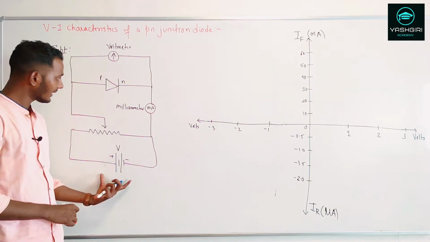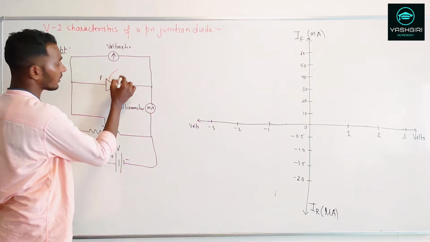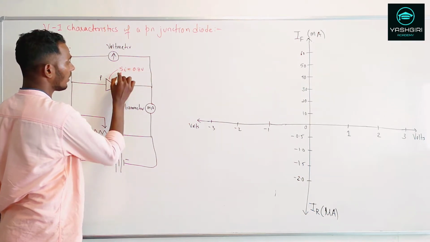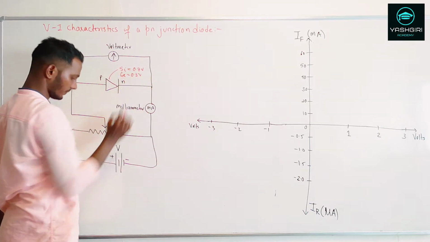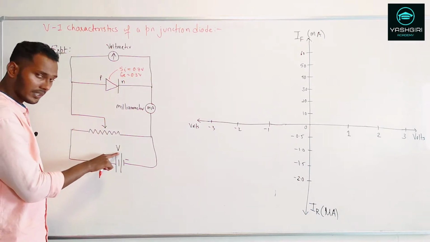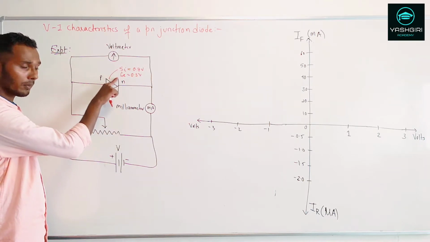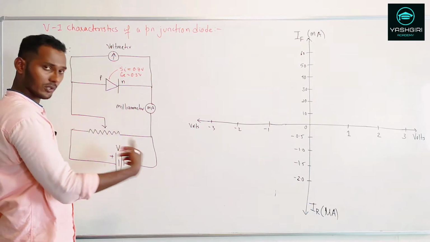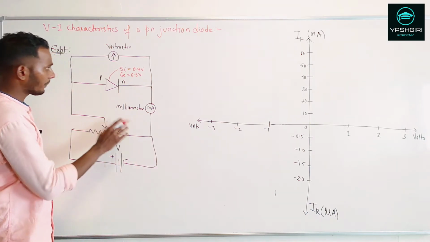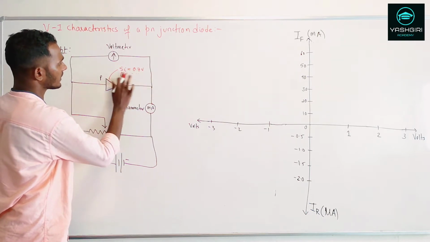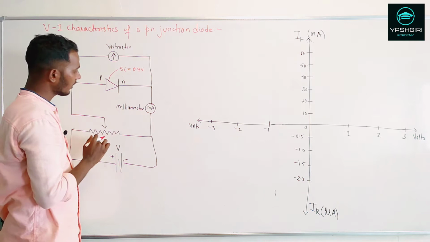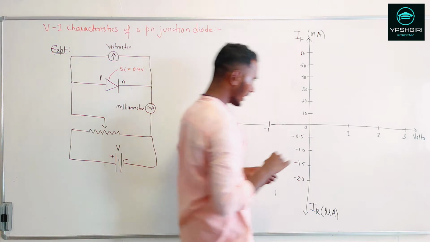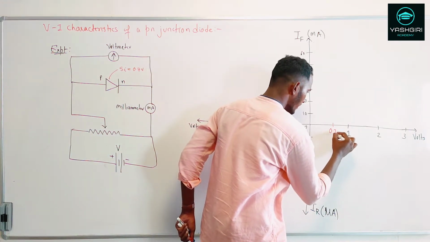Now let's work with silicon. For silicon, the barrier potential of this p-n junction is 0.7 volt, or else if you're taking germanium, it's 0.3 volt. Okay, so now as you increase the voltage, we know that there is a barrier potential of 0.7 volt. As you increase the voltage, you are starting from 0, then 0.1, 0.2, up till, if you are going for silicon first, 0.7. Now let me draw, this is your 0.7 volt.